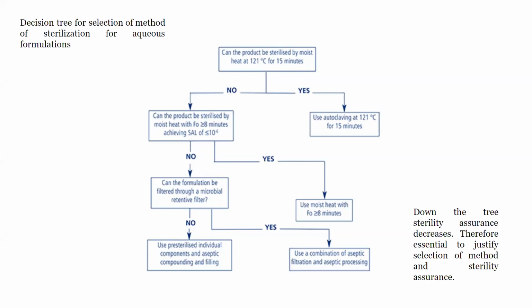So this also determines whether the formulation technique will be terminal sterilization or aseptic formulation. So in terminal sterilization, compounding and mixing and formulation will be done in controlled environment, but it may not be aseptic. Then after filling, the last step will be the sterilization of the material in its primary packaging. So this kind of processing is known as terminal sterilization, whereas right from step 1 to step N, which is the last step, everything is done in sterile area. This kind of processing is known as aseptic processing.